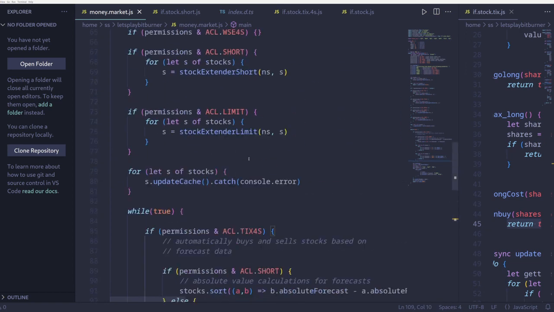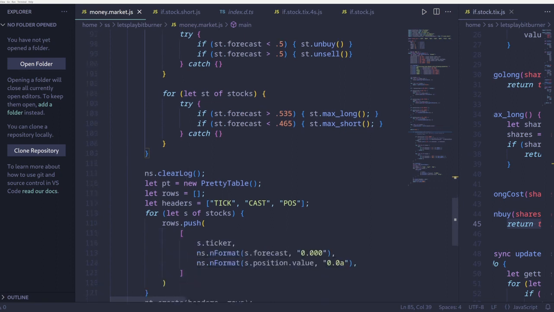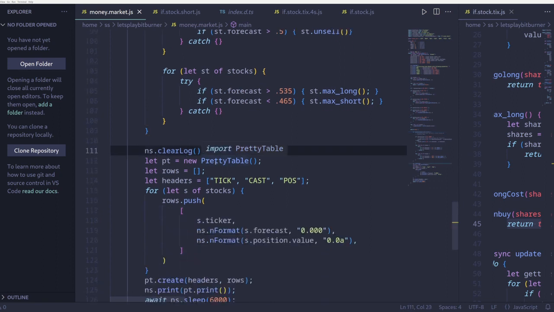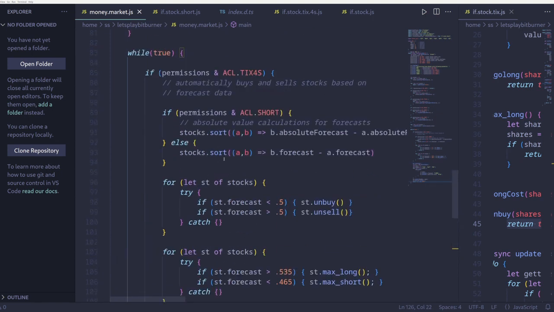Okay, so that is the block for if we have ticks 4S. We're going to get clear log, we're going to pretty table, and print out exactly the same thing and then sleep. Perfect. That's where we're going to stop this one for today because we've successfully added shorts to our ticks 4S